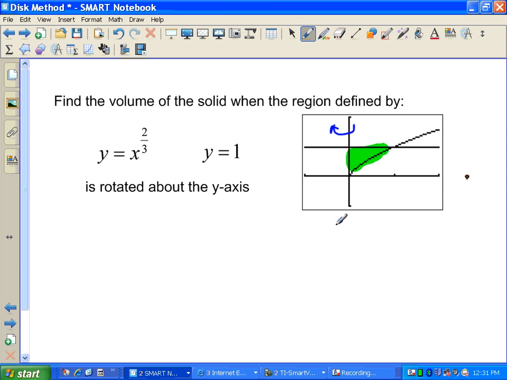the y-axis. Okay, so when we're doing the disk method, we always want our slices to be perpendicular to the axis of rotation. So our slice is